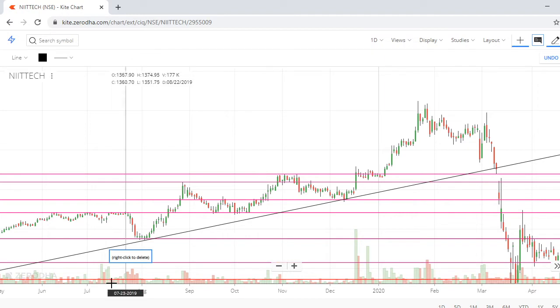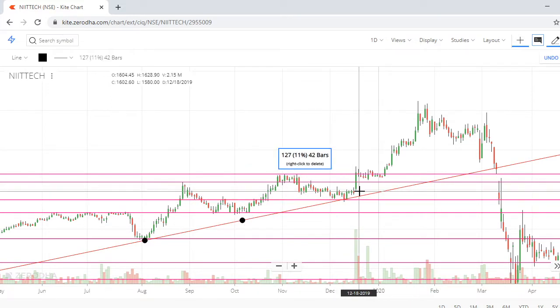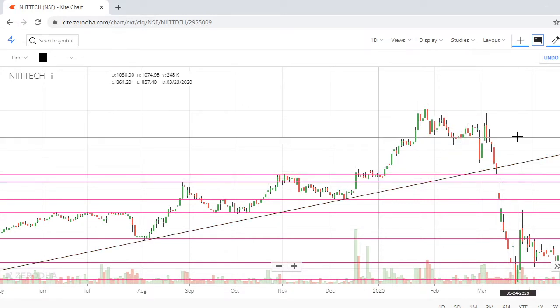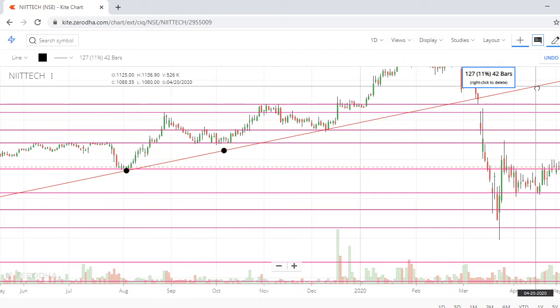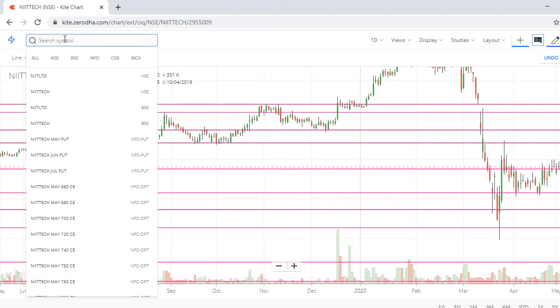This is all. So here it tried to go up, again came down, up, took the support here, again it went up. But once the trend line is broken, look at the downfall. Okay, let's see some other chart where there is no study. Okay, HCL Technologies.